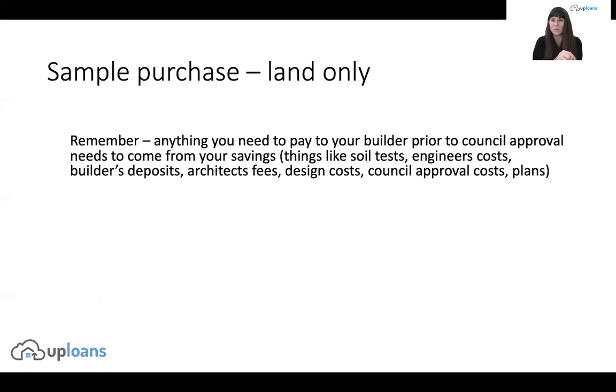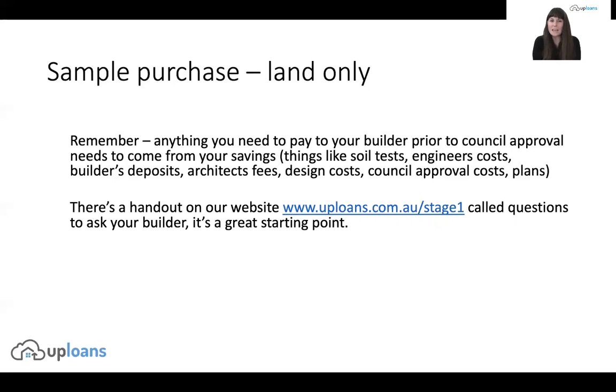Quite often things like soil tests as well, you want to get done before you buy your land, and your solicitor or conveyancer will give you guidance on that. So there's a handout on our website, and you can go to our First Home Builders Guide here, which is uploads.com.au/stage1. There's 5 stages in full, and the handout there is called Questions to Ask Your Builder, and it's a